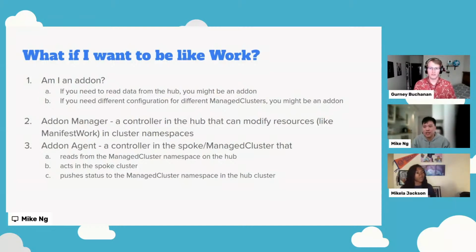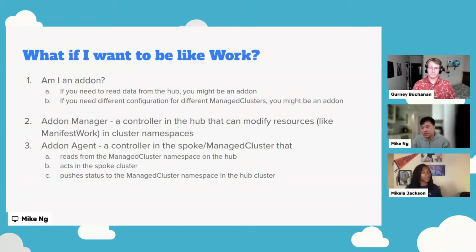So we call those add-ons. There are a couple of criteria to determine if you need an add-on. For example, if you need to read data from the hub, so you can use it to figure out what information to feed or act on. Also, do you need a different configuration for different managed clusters?